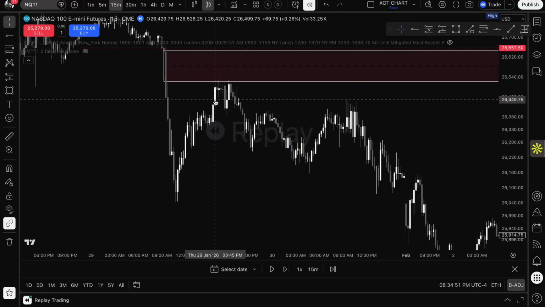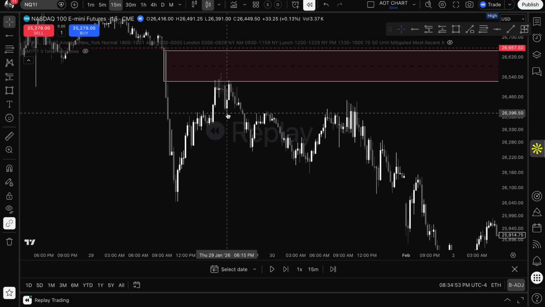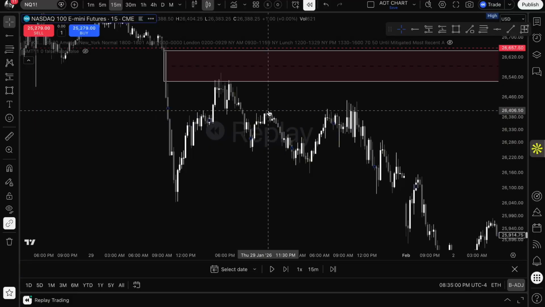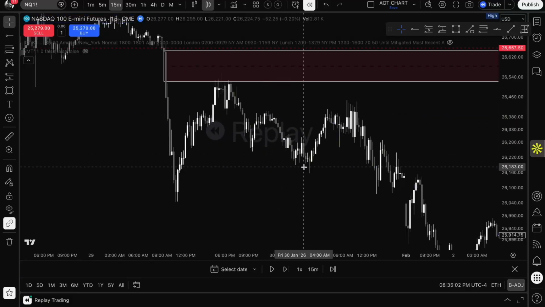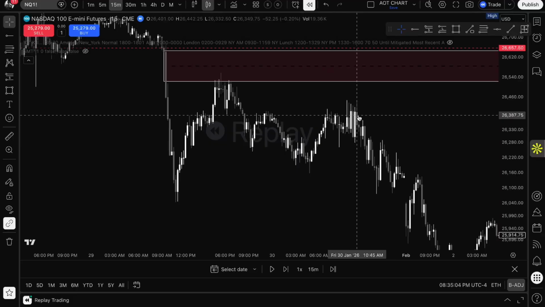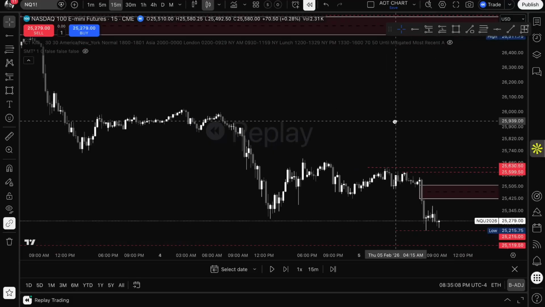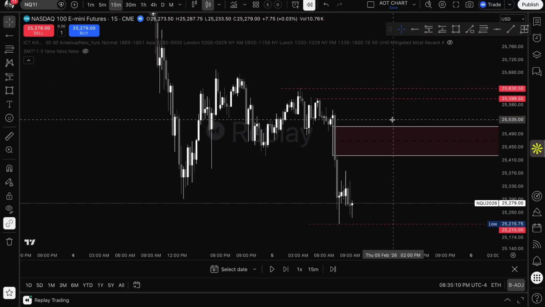You see what I'm saying? So we tapped into it, we pulled back, we tried to give a bullish move and it failed and we went lower. We tried to give a bullish move back to run up, it failed and went lower. Tried to give a bullish move right here, failed and went lower. You see what I'm saying? So a continuation is just the disrespect of a rebalance,